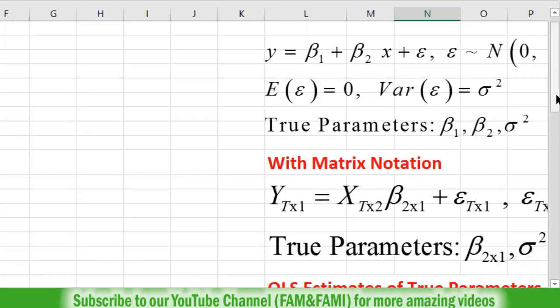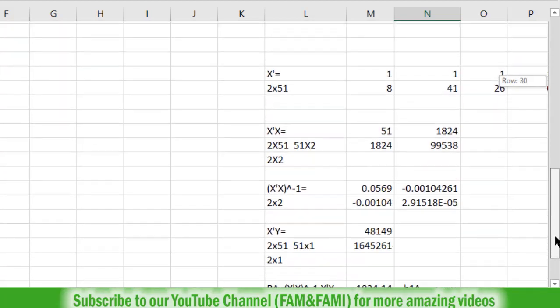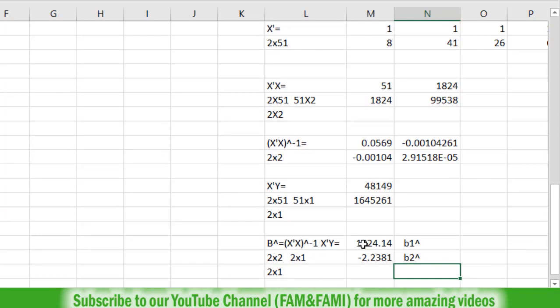We have estimated these true parameters. Beta 1 and beta 2 are the true parameters which are unknown, unobserved, and here we have obtained their estimates. So this is the estimate of true parameter beta 1 and we have labeled it as beta 1 hat, and the second one is minus 2.2381.